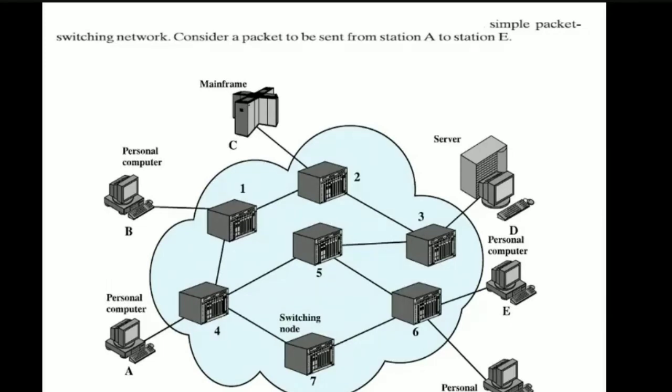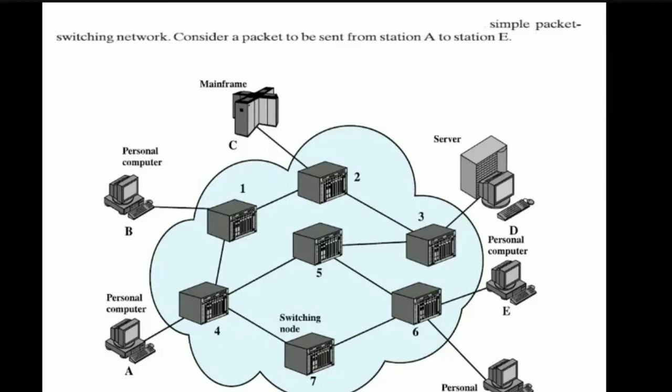From node A to node 4 we are sending the packets. Now what is node 4 going to do? Node 4 is going to queue these packets, and from node 4 to node 5, again node 4 is going to queue these packets. That is, the single node to node link can be shared by many packets over time. But in circuit switching, is it possible? No, because there is a dedicated link between a particular station A and a particular station E, and the link is completely dedicated for that particular communication only. No other communication can be done.